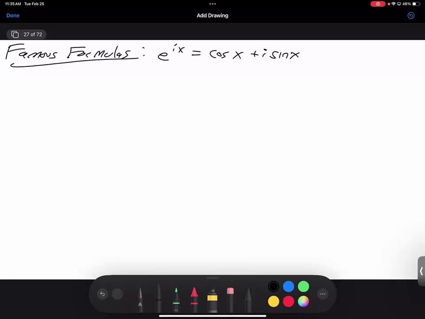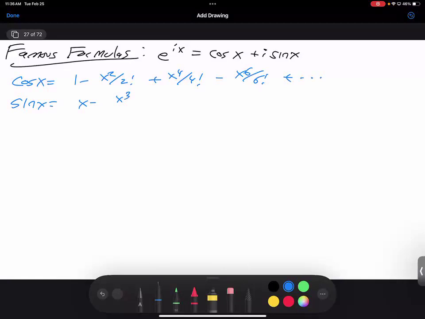Okay. So cosine x is 1 minus x squared over 2 factorial plus x to the 4th over 4 factorial minus x to the 6th over 6 factorial. Sine of x is x minus x cubed over 3 factorial plus x to the 5th over 5 factorial minus x to the 7th over 7 factorial. And this comes from